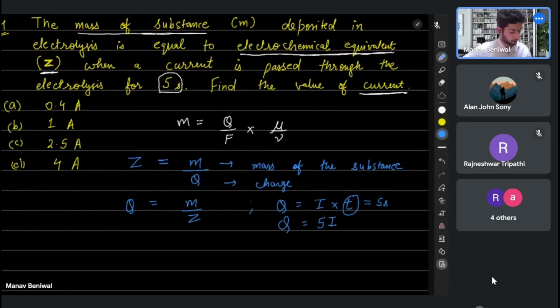Okay, so substituting this 5I in this equation, we get 5 times I is M by Z. Correct. And then this would imply that your I is